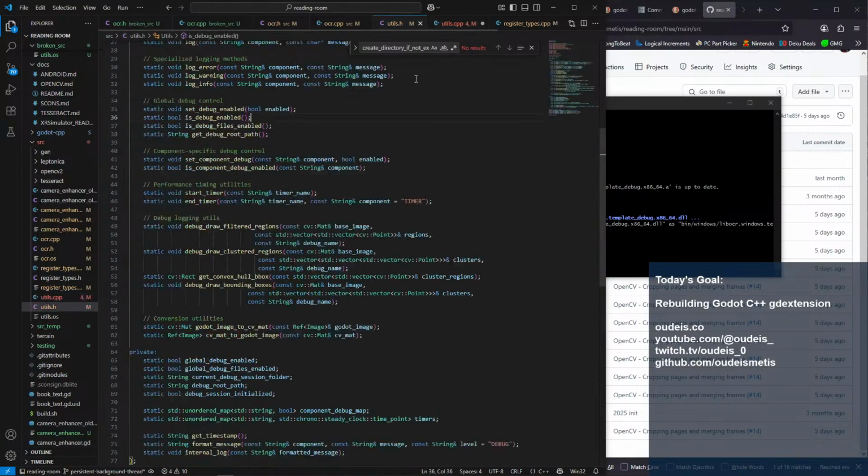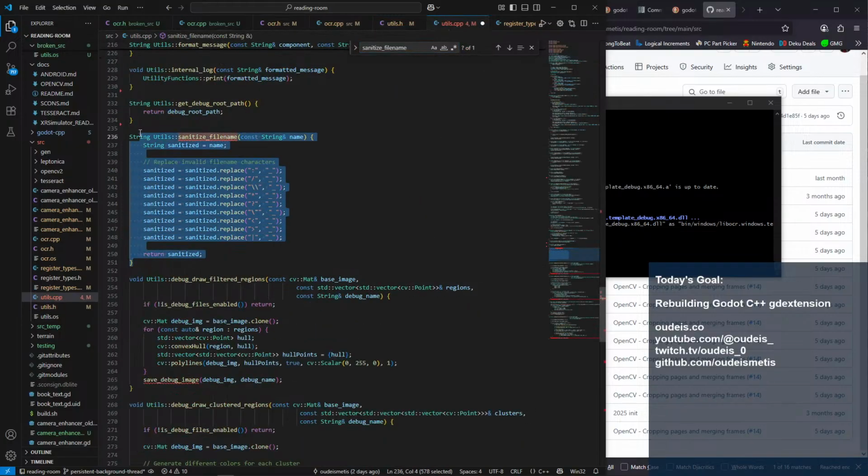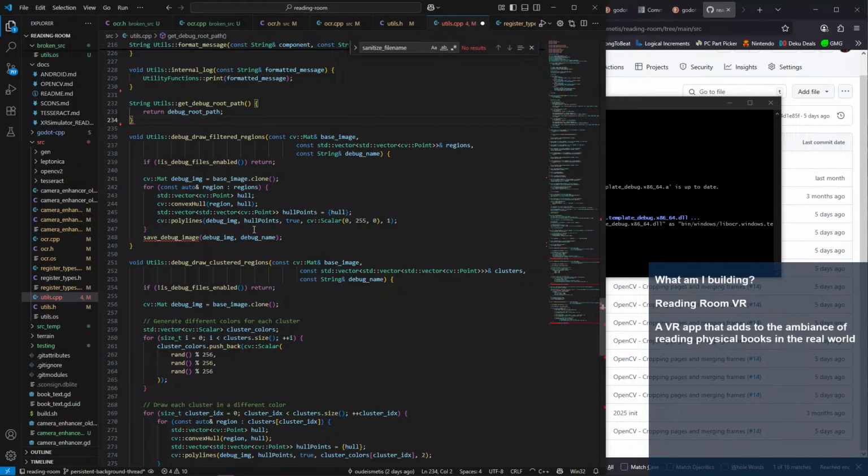Oh, these are all the helper methods? Okay, yeah, I should have deleted them sooner. Just delete these things as I use them.